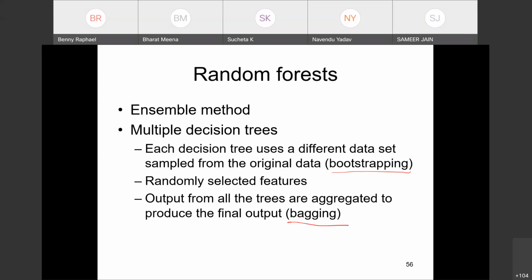So in machine learning, we hear these terms, bagging and boosting. This is the technique called bagging, where the output from different algorithms, which are computed in parallel, are aggregated to produce the final output. A simple method is just take the average prediction or the prediction with the maximum vote. So these are called ensemble methods, where you make use of multiple algorithms, multiple models for doing the prediction. And these tend to be more robust than just using a single one. So this is the idea of bagging.